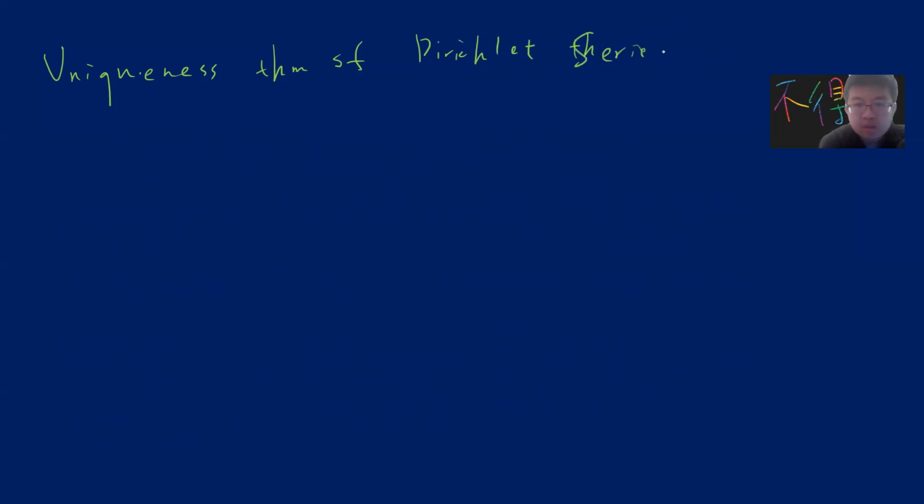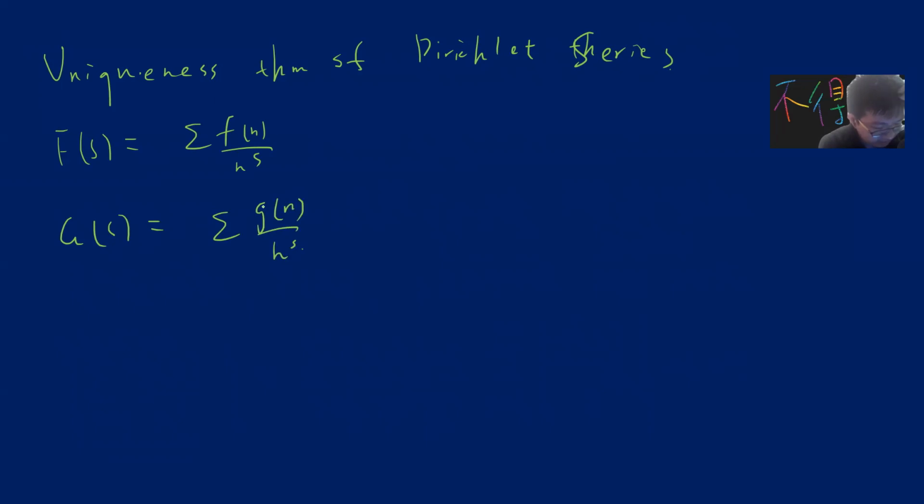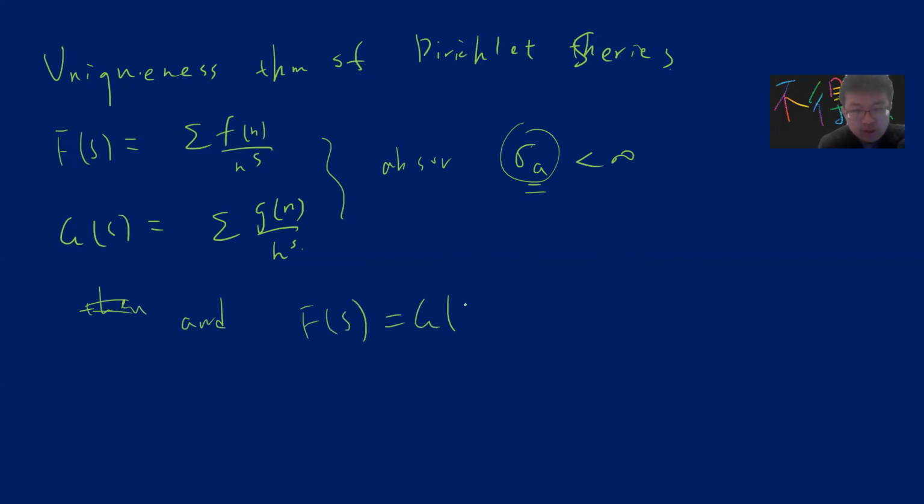Dirichlet series. What this theorem says is that let's say f(s) is a Dirichlet series, and g(s) is another Dirichlet series. Let's say both converge absolutely when we choose some abscissa of absolute convergence sigma_a, which is finite. Then, if f(s) and g(s) are the same for every point greater than sigma_a,